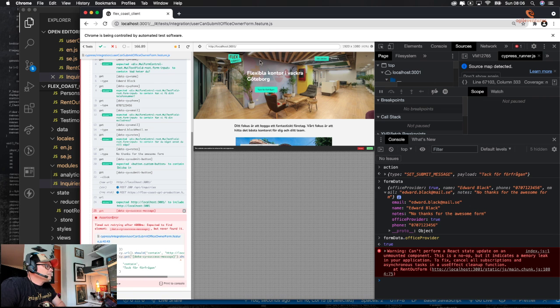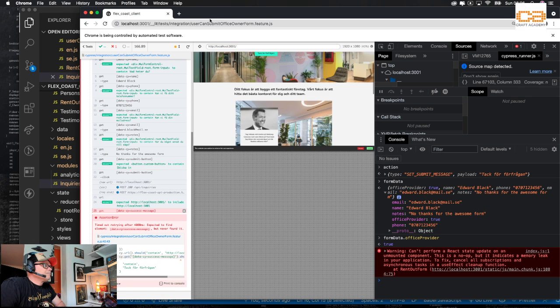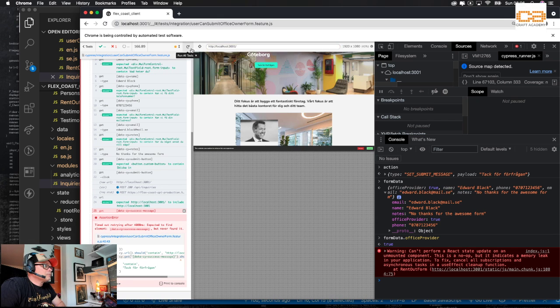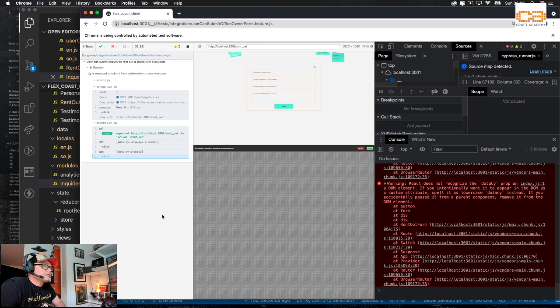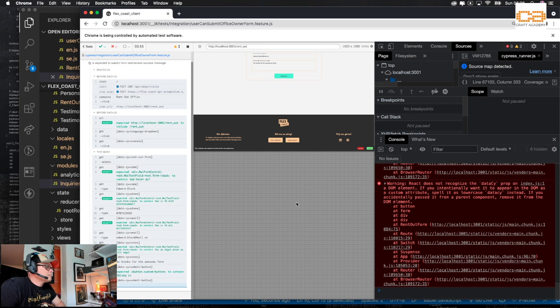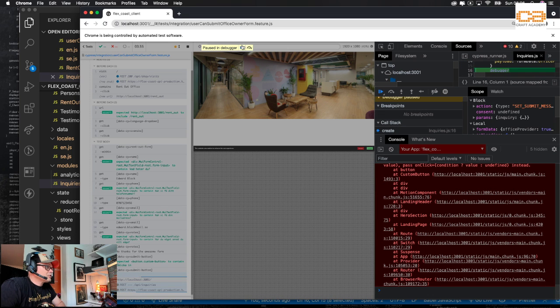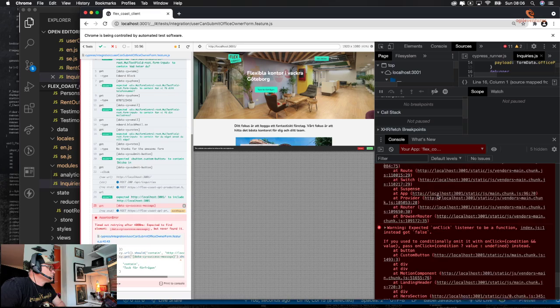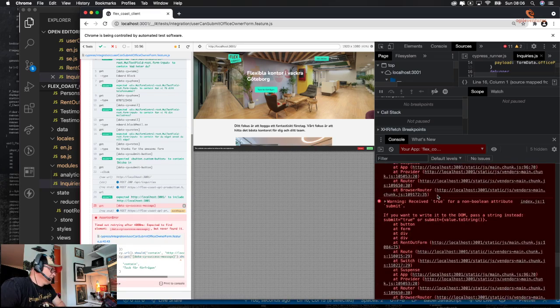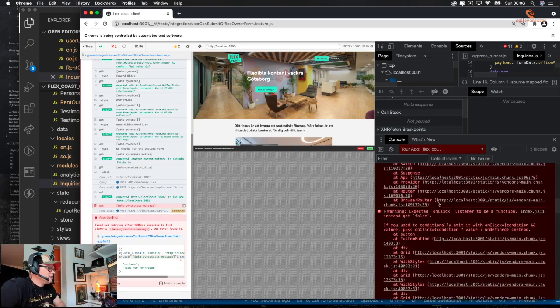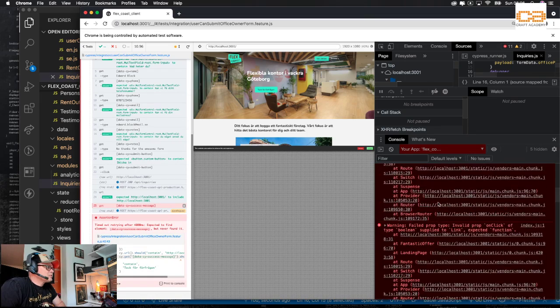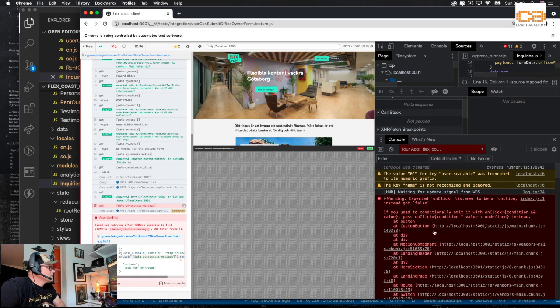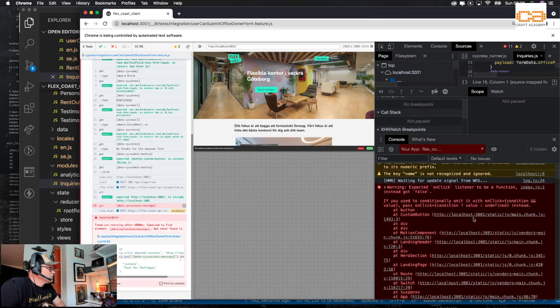So I'm into testing, as you know. So I'm using Cypress, and again, I didn't write this code myself. Some guys in my team did, and I am just doing a little bit of refactoring. And I just noticed that even though most of the functionality is working, I get loads of red stuff in my console, a lot of warnings.